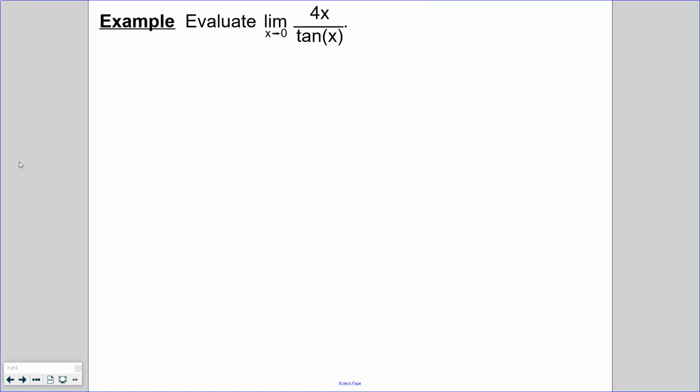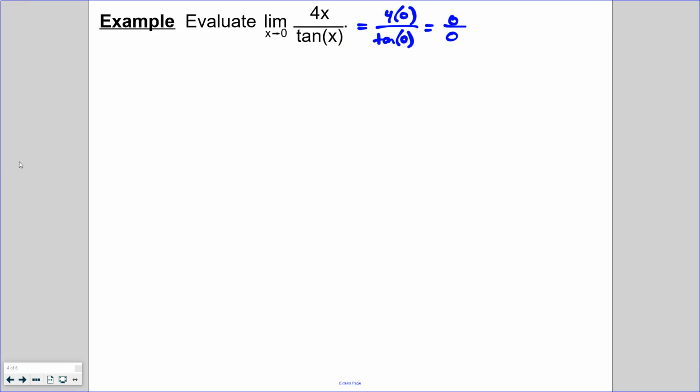All right, let's take a look at another example. Here, we want to evaluate the limit as x approaches 0 of 4x over tangent of x. And again, it's always a good idea to try direct substitution just to see what happens. So we're going to get 4 times 0 over tangent of 0, which is going to be 0 over 0. So, again, with trig functions, there's nothing we can really factor or cancel here. So we have to go back to our identities, and I know that I can rewrite tangent as sine over